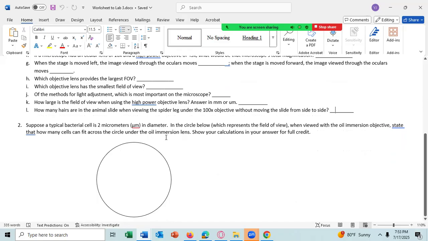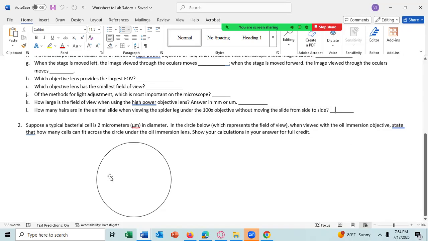In the circle below, which represents the field of view, when viewed using the oil immersion objective, state how many cells can fit across the circle under the oil immersion lens. You need to show your calculations for full credit. So you can't just give an answer that you got from somebody else. You have to show how you got your answer.